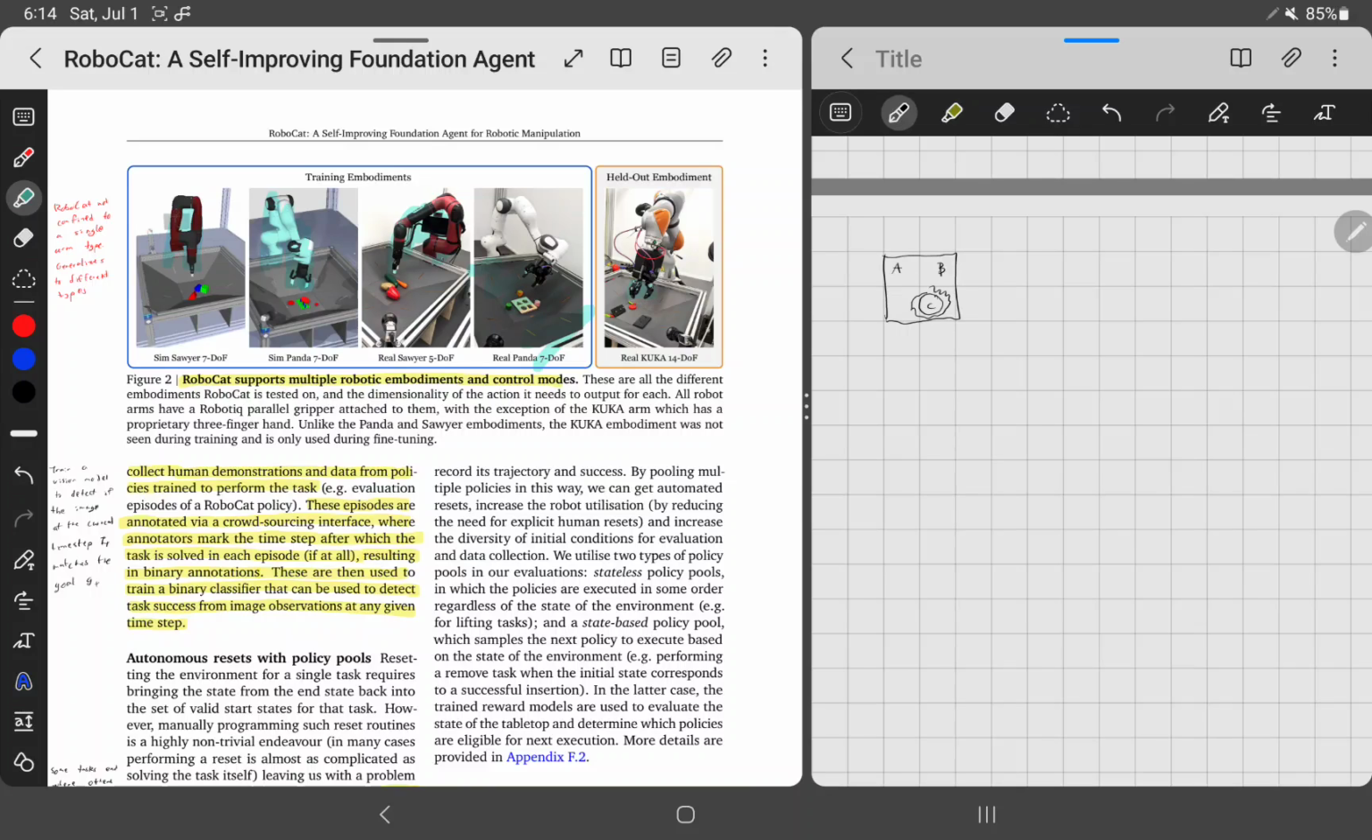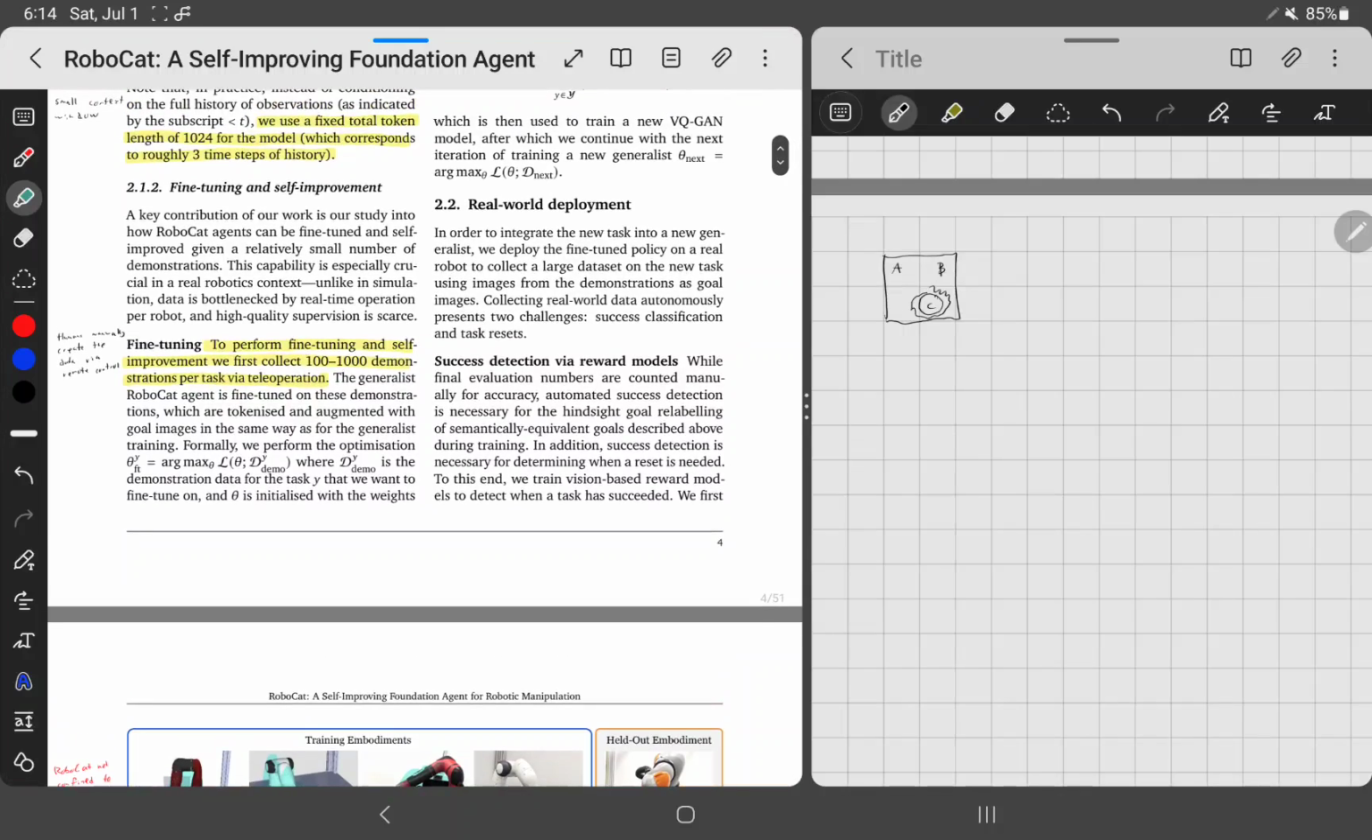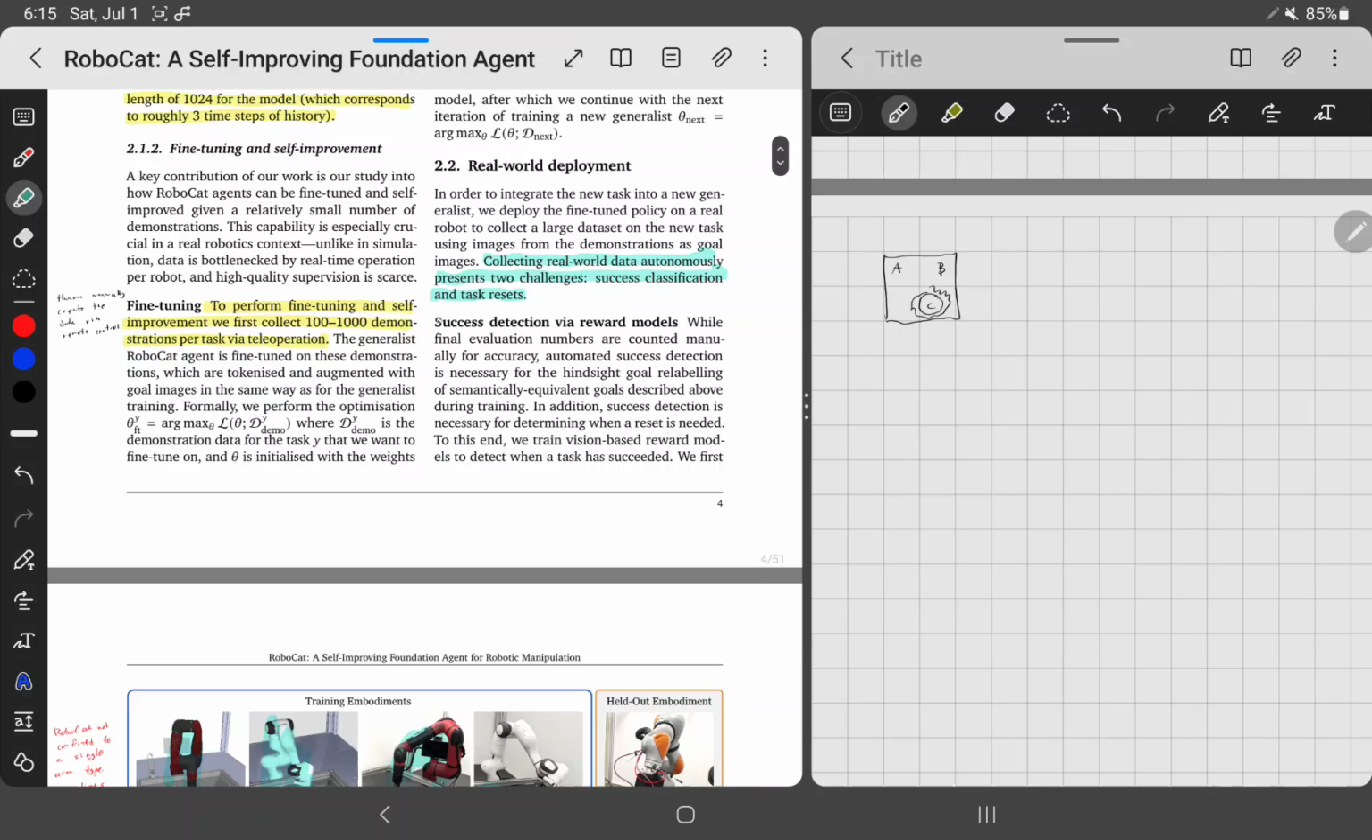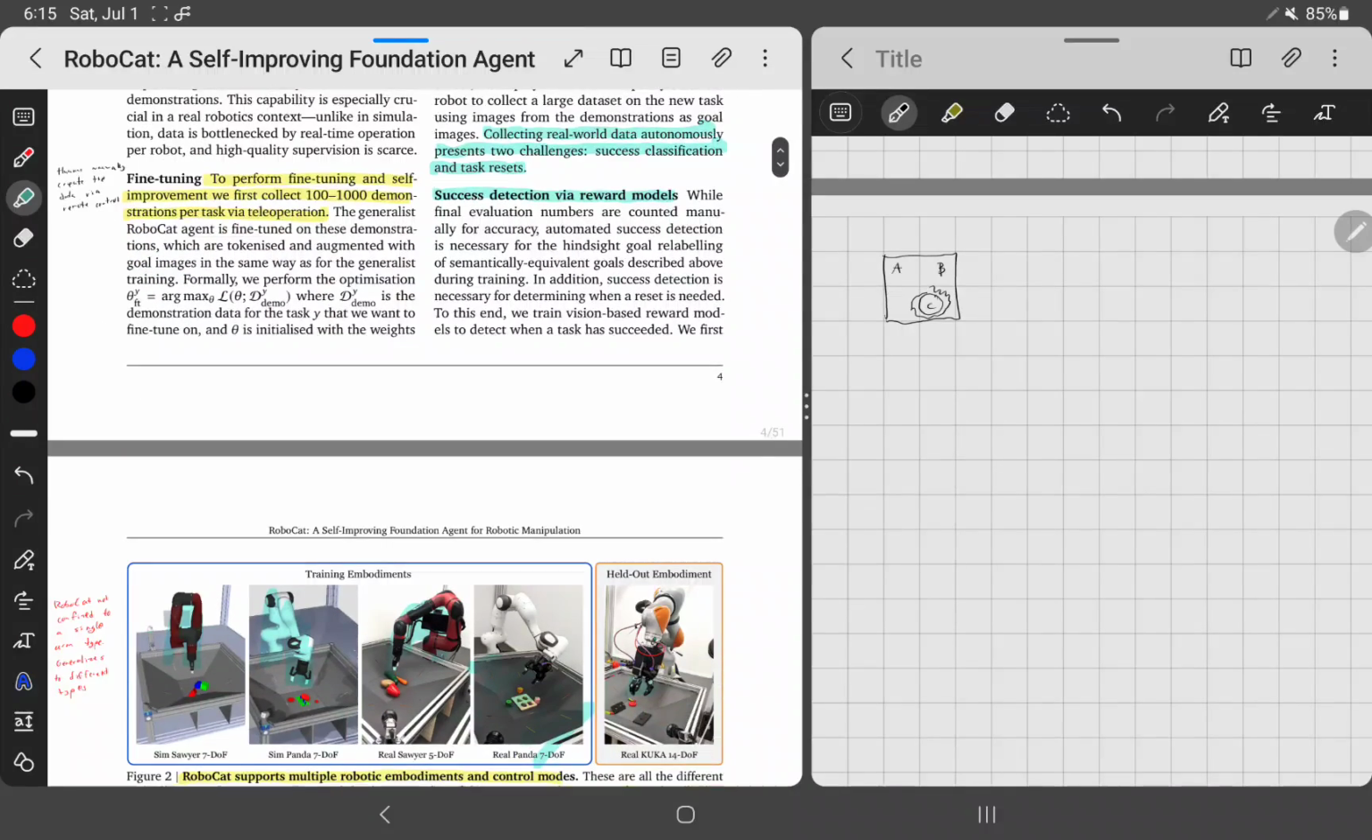Now, there's two kind of tricky parts to this, and they mention that here. The success classification: how do you know that the object is on the elevated surface? And how do you know when to reset the task? Say the robot arm moved it over here, and then it dropped it right here. How do you know that it dropped it right there and that's a failure? Or how do you know when you failed, and how do you know when you succeeded? So they address both these issues, and they say,